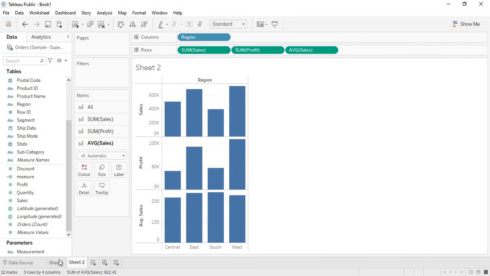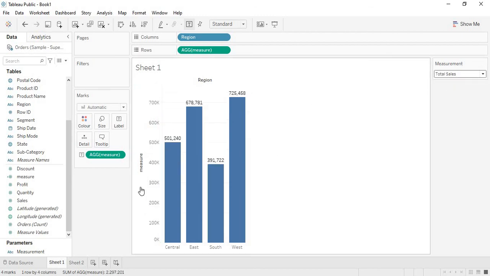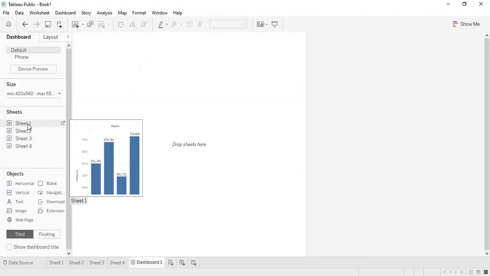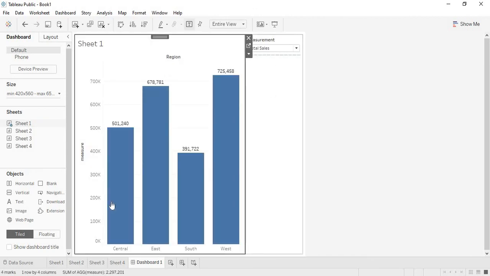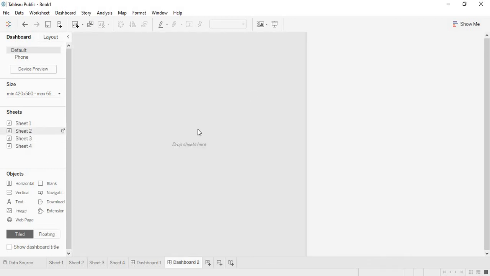We are going to provide the option to the user, so they will select the value that they want to show in the graph. The graph will change based on the value the user selected. So I will show the difference in the dashboard. I'm going to create a separate dashboard. In that I'm going to drag the first sheet, which has the option here, and I'm going to create another dashboard with the second sheet, which doesn't have the option.